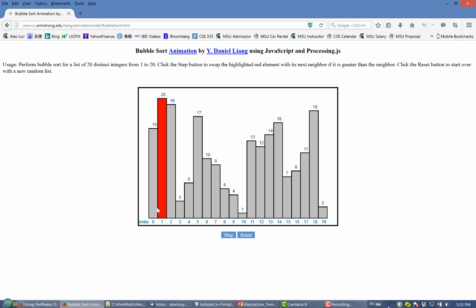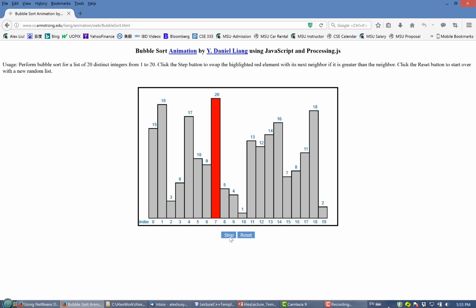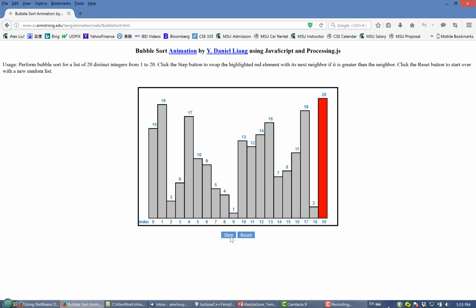In this case, so 15 is less than 20. We don't do the swapping, and next 20 is bigger than 19. Then we do the swapping, and 20 is bigger than 3. We do the swapping. Bigger than 6, do the swapping. Keep going. You can see that after the first round, the last element is the biggest one. By the way, this is in